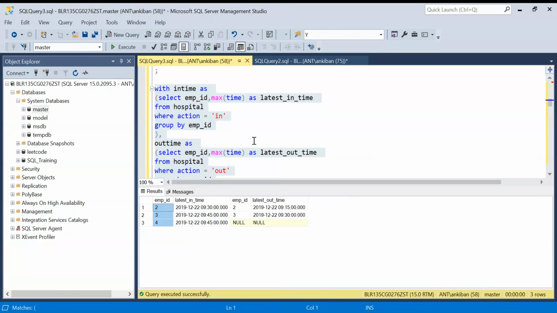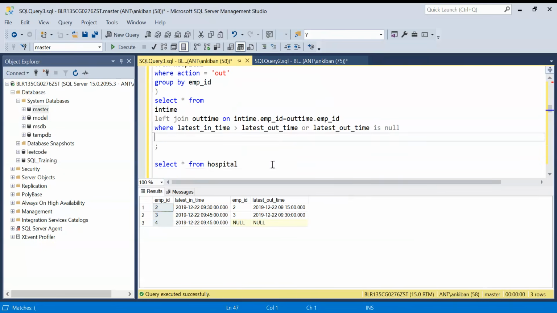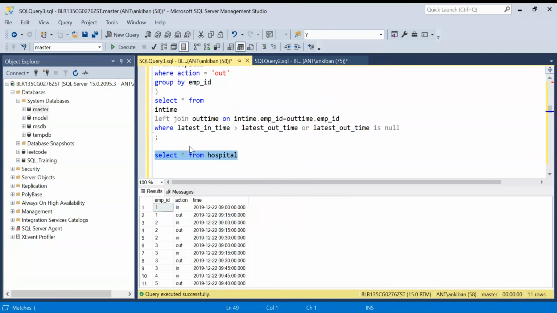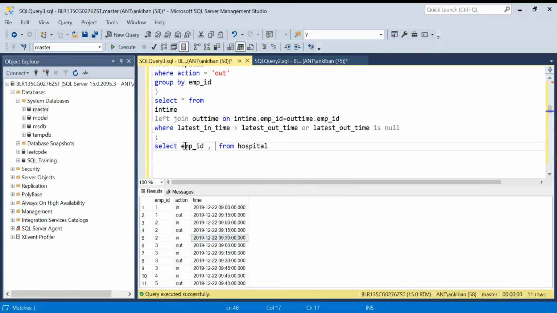Move on to the last solution. I think this is a very good solution, a very smart solution, I will say. Okay, so let's do that. If we look carefully, what we need is to check the latest activity of the employee, and if the latest activity is in, then we can consider that this guy is in, right? Irrespective of what he is doing throughout the day, if his latest activity is in, it means this guy will be in, right? So for each employee id, I'm going to take max time irrespective of in or out